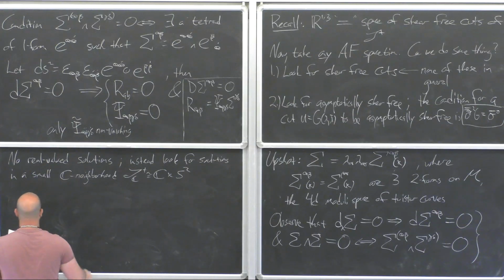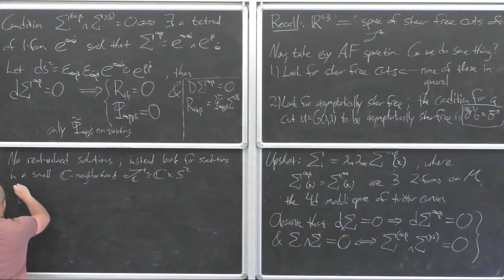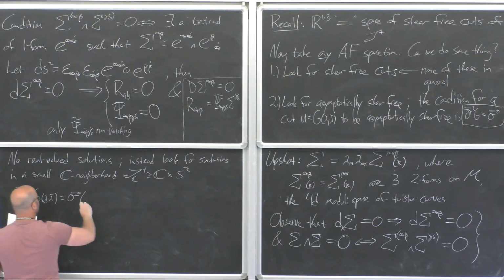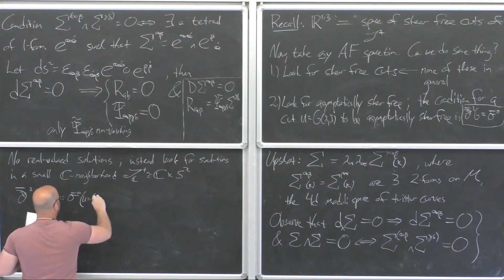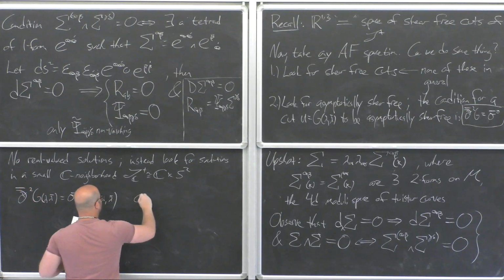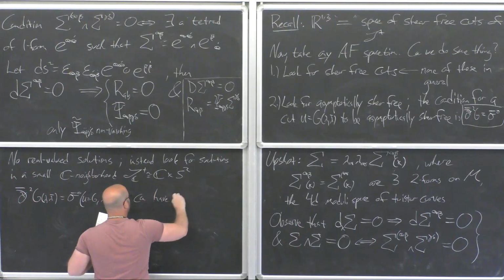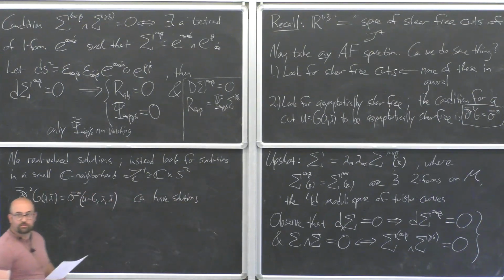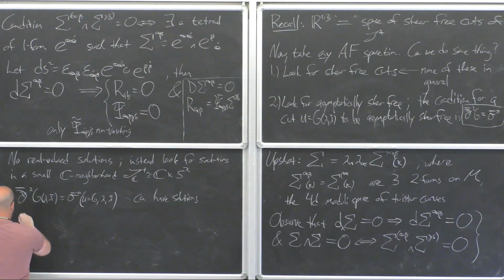So then eth bar squared of G lambda lambda bar equals sigma bar naught, u equals G lambda lambda bar, this can have solutions. At least in principle. And we can rewrite this in our spinor language that we liked working with